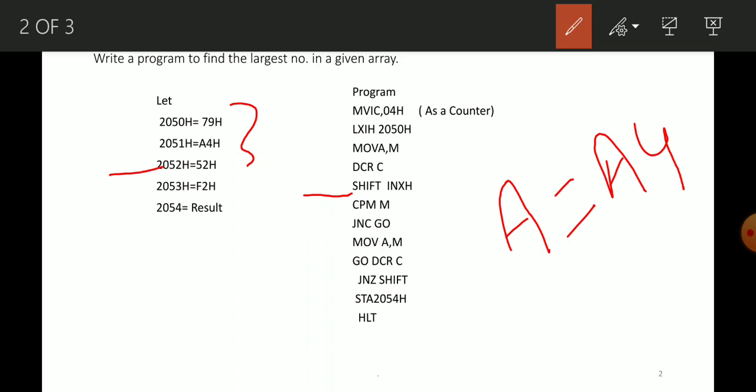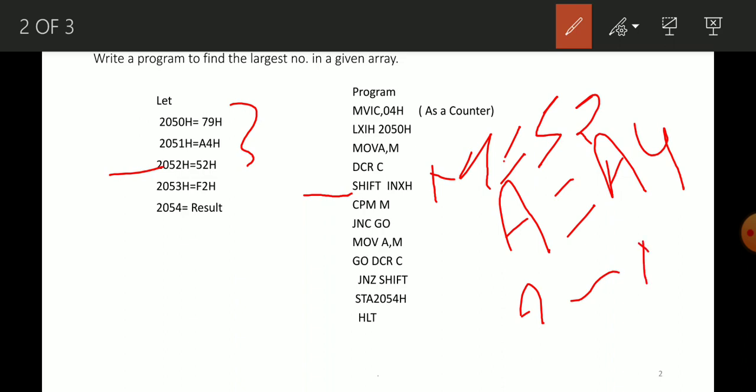Now the next memory location is 2052, so the memory becomes 52H. Again compare M, that means A minus M. Here the content of the accumulator is larger than the memory, so there is no carry.